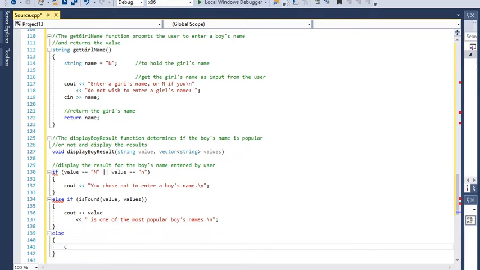Cout of value is not one of the most popular boy's name. Okay, we're done with this one. Next